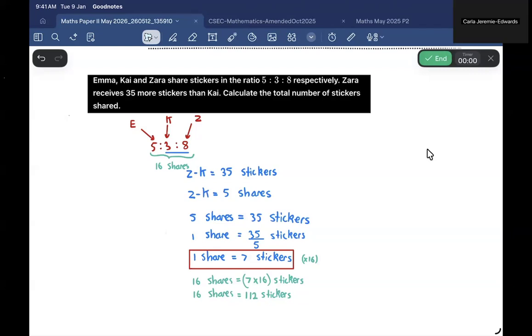Continue. Then you will put how much shares difference there is between Zara and Kaya, right? So you will get 5 shares difference when you subtract the amount of shares between Zara and Kaya. So you will get 5. Then to find out